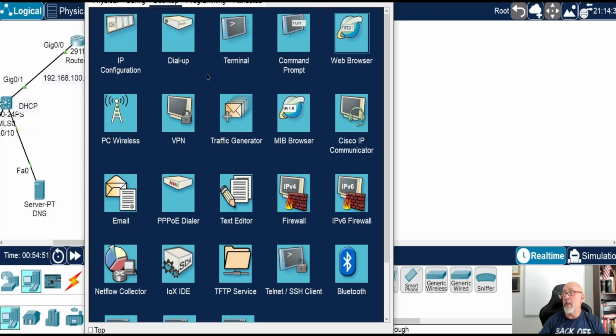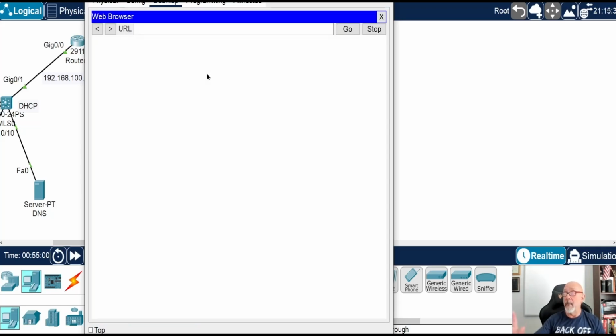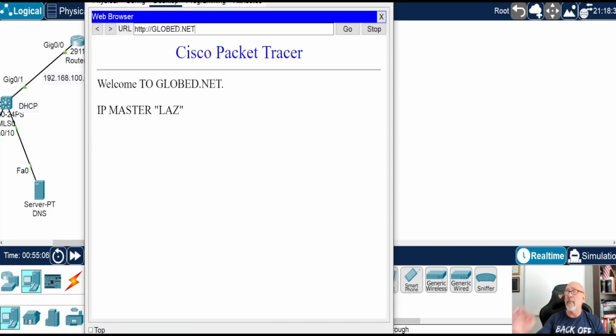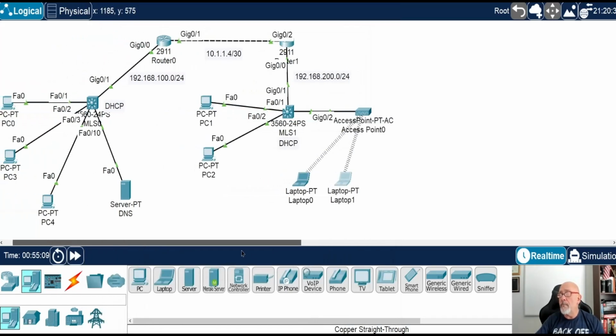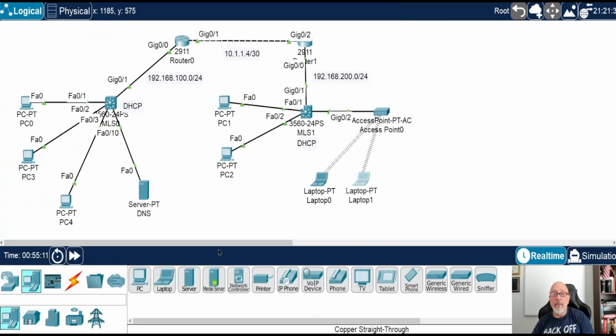This HTTP browser. It's not only me. It's everybody. Okay. I don't know why. globed.net. And there you go. We're resolving. So very simple. A lot of different technologies involved, right? We have wired networks, wireless networks, in this case AC. All right. We did a little security here by using WPA2 pre-shared key.